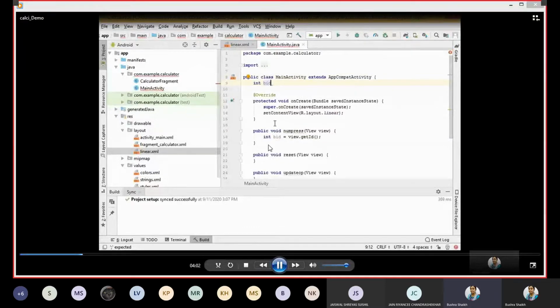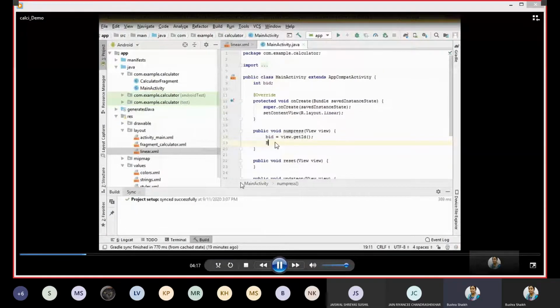If you wanted to store the ID of any view, this is a way of getting the ID. Though we are not going to use it here, I had commented this part out later, but here it was not. This is just to show you how you can get any view's ID.